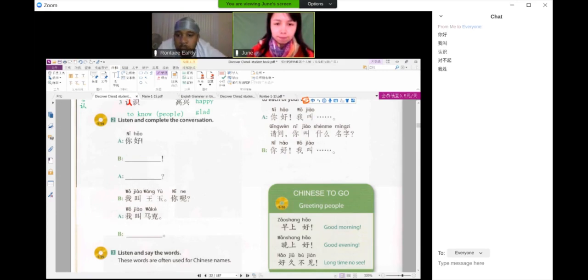Unit 1, Lesson 1, Pronunciation and Speaking, Activity 2. 你好，你好，请问你叫什么名字？我叫王玉，你呢？我叫马克。认识你很高兴。